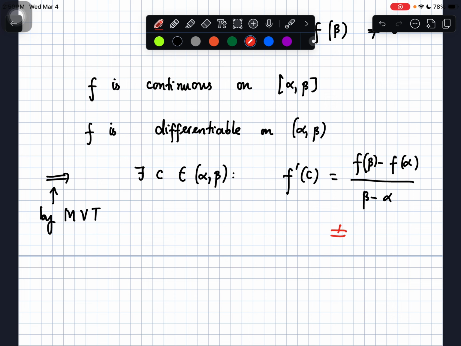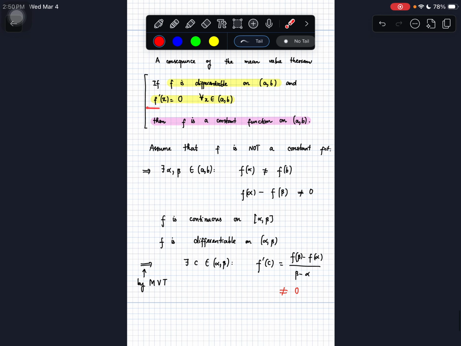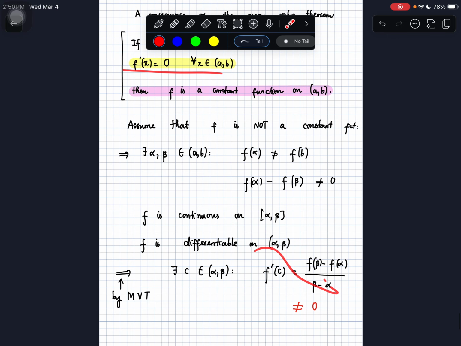So this is different from 0. f prime of c is different from 0, which contradicts the fact that f prime of x equals 0 for all x between a and b. c is between alpha and beta, so obviously c must be between a and b. So this is not true because f prime of c is non-zero,